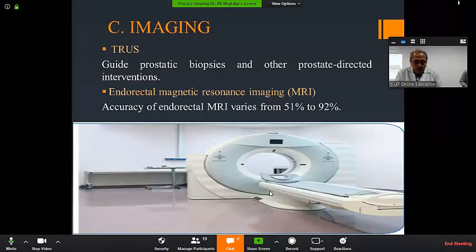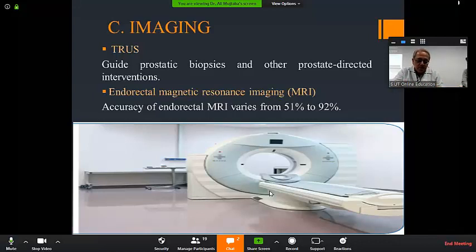Now, there are two ways from this point in which you can take your patient. One is you can do biopsy straight away. The other, more appropriate way is to do multi-parametric MRI first and then biopsy later. The reason being, if you have got an MRI picture in front of you, the abnormal signal in the prostate will always guide you if you want to do the prostate biopsy yourself, or it will guide the radiologist to do a targeted biopsy, which is of the abnormal signal on the MRI film.